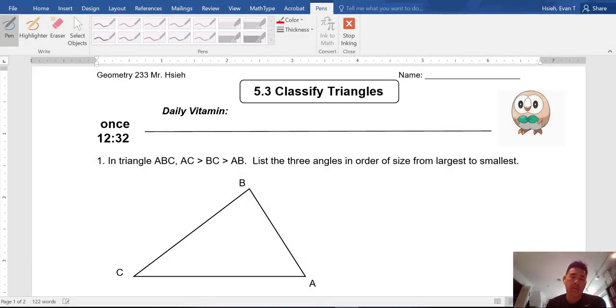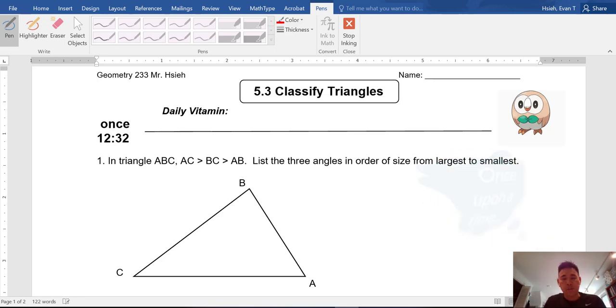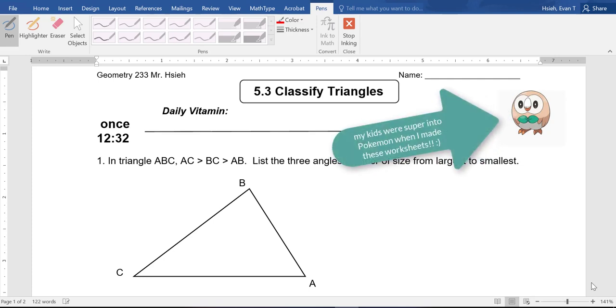Alright, this next section, 5.3, is all about classifying triangles. I'm going to introduce some new material on the front side, and then on the back side we'll try a bunch of different types of problems. So, this very first idea here is that you have a triangle,